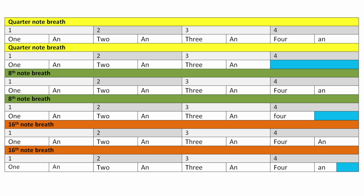Okay, now let's do the 16th note breath. This one's fast. This one's a lot more difficult to do, but let me demonstrate it to you. Here we go. 1 and 2 and 3 and 4 and 1 and 2 and 3 and 4 and 1